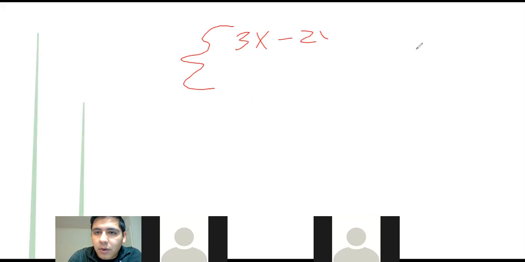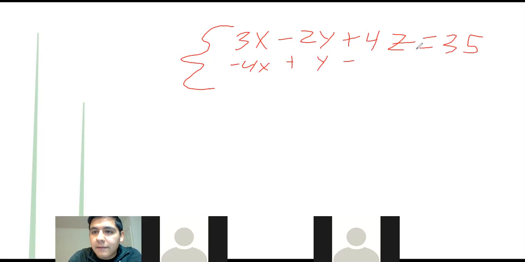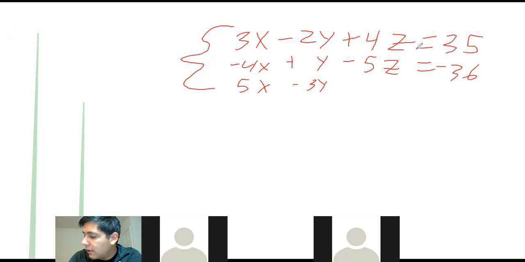Okay, so remember this was a problem that we were working on, which was 3x minus 2y plus 4z is equal to 35. Then it was 4x plus y minus 5z is equal to negative 36. And then 5x minus 3y plus 3z is equal to 31. Okay, so these are,